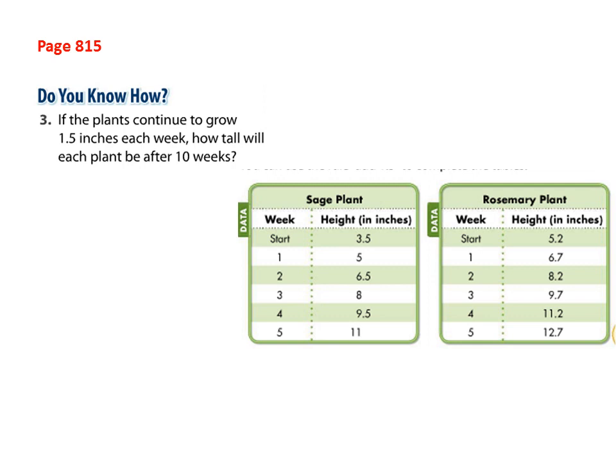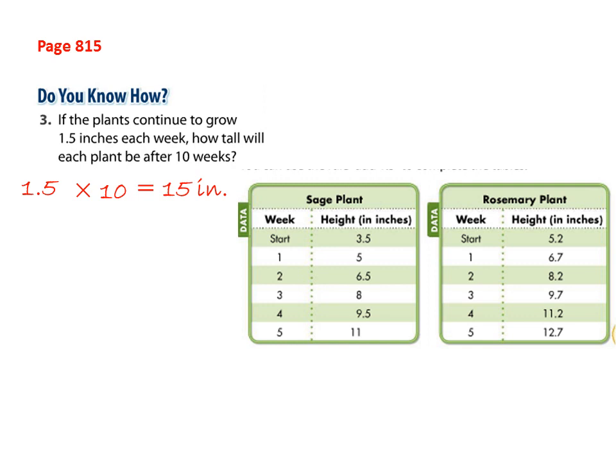Of course, the question says 1.5 inches for each week. So for the second week it will be repeated 2 times. For the third week 1.5 is repeated 3 times. So according to this question we must multiply or repeat 1.5 times 10. So after 10 weeks 1.5 is repeated or multiplied by 10. What's 1.5 times 10? Yes, it's 15